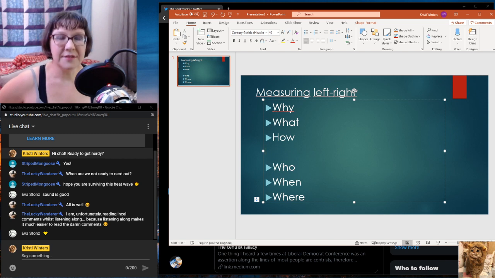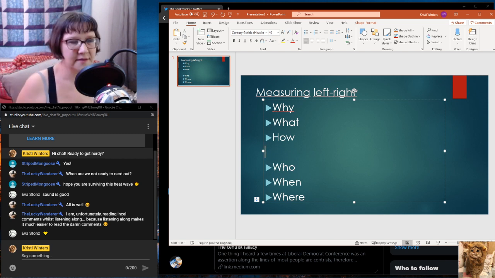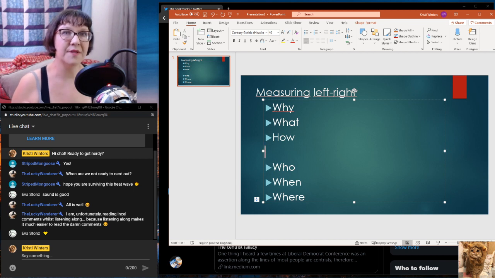So when I realized, I was kind of thinking, how can I organize this? And I realized that using the who, what, where, when, why structure allows me to break it up into two parts. The first part is the part about social scientists. And I'm not saying this is comprehensive. You can think about why and how and what in other ways. But why we measure, what we measure, and how we measure are a good framework to think about the challenge